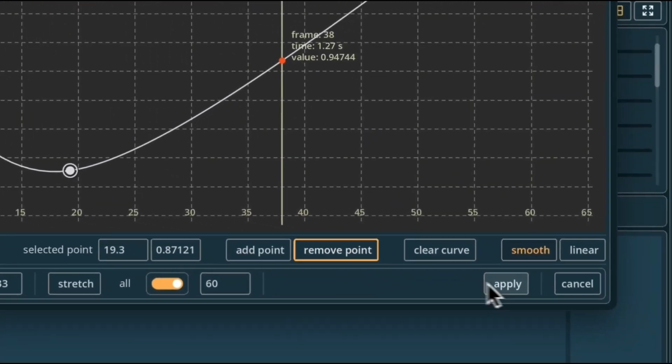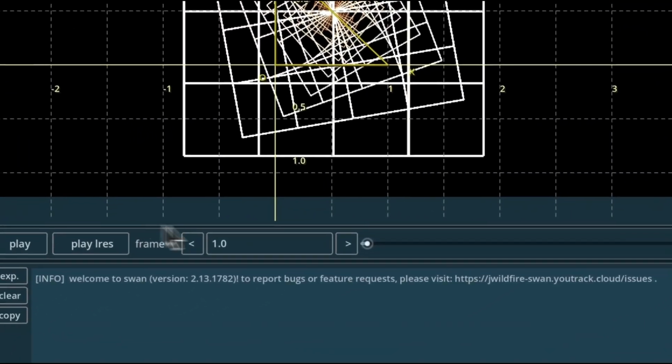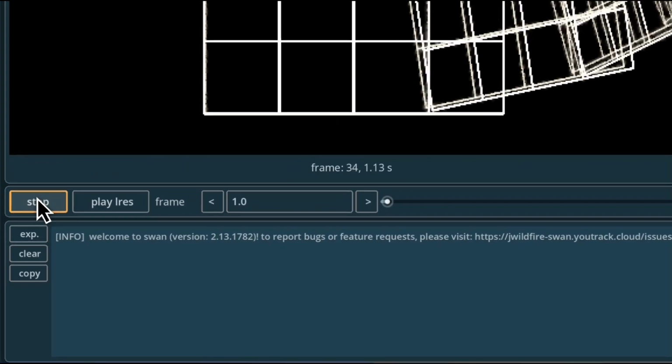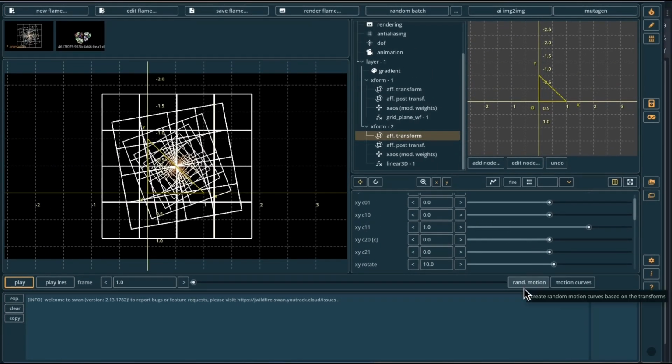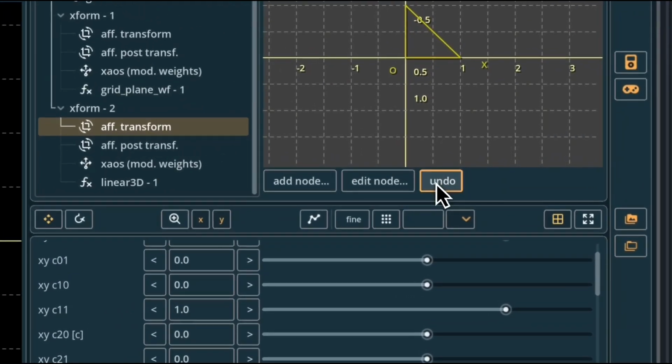This will apply all changes you made to any curve. To cancel your changes, press the Cancel button. All changes confirmed using the Apply button can be undone in the main editor by clicking the Undo